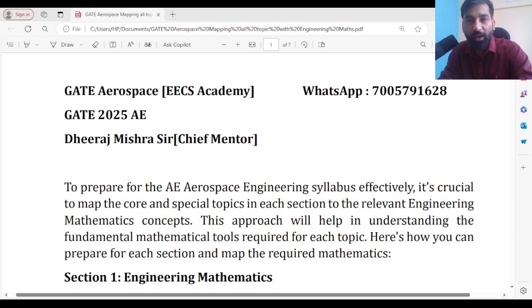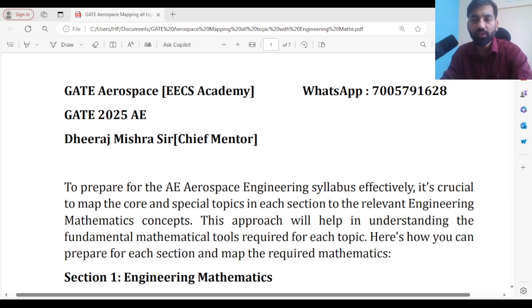One of the important parts that we ignore, in fact most of the institutes also ignore. They never talk about the important mapping. Mapping is one of the important facts. That is the reason many students fail to qualify in the GATE examination despite taking up coaching, online coaching, and despite wasting 30 to 50,000 rupees on GATE aerospace engineering, and they land with 20 marks or just 15 marks. Some people also got less than zero, as I have shown you in the GATE 2024 statistics.